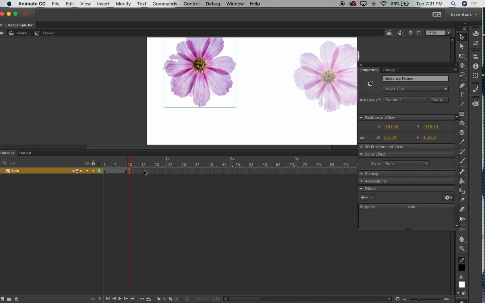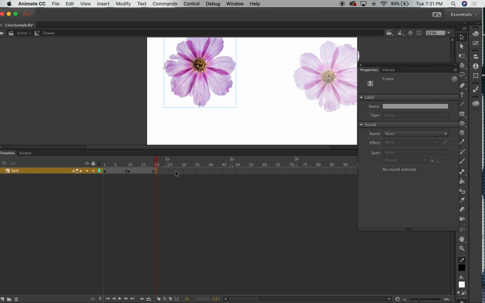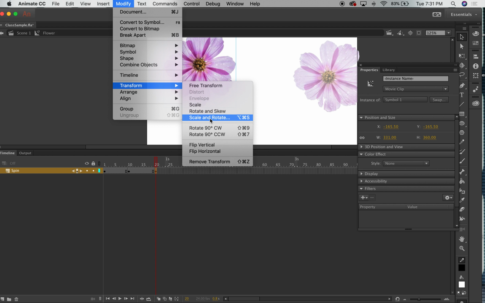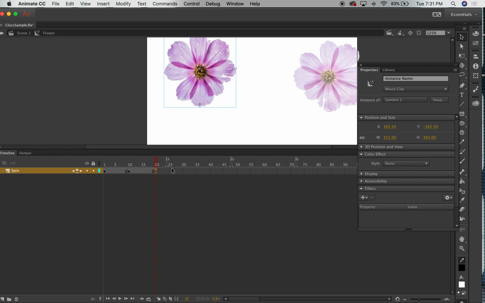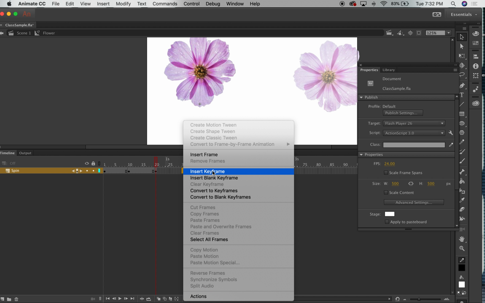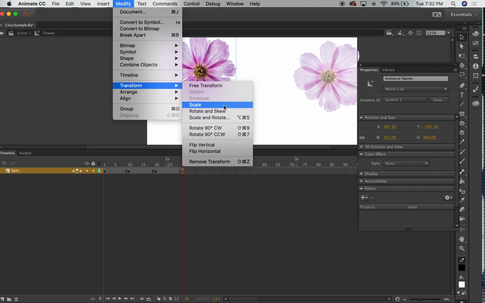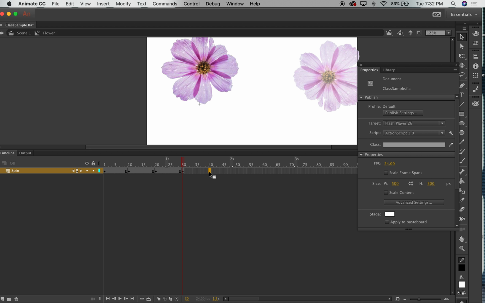Then I'm going to hit another keyframe down here, insert keyframe on frame 20. Click my object and go transform, scale and rotate. And then it's going to be 180 this step. OK. And then I'll go to 30. Insert another keyframe, click it, modify, transform, scale and rotate, 270. So 270, I'll hit OK, and then 40,